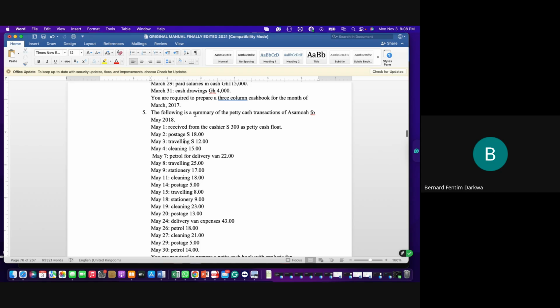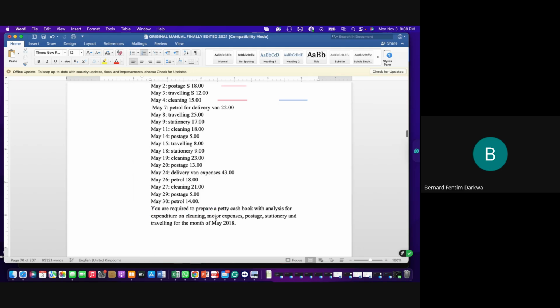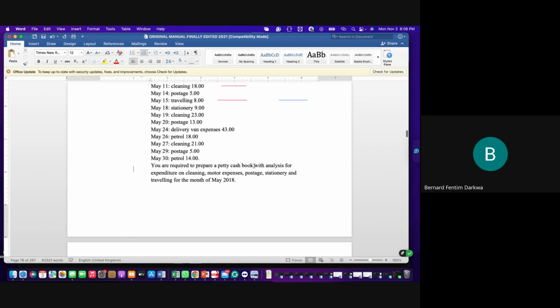The following is a summary of the petty cash transactions of Samoa for May 2018. So the transactions are there. Even the question has told you that you are required to prepare a petty cash book with analysis for expenditure